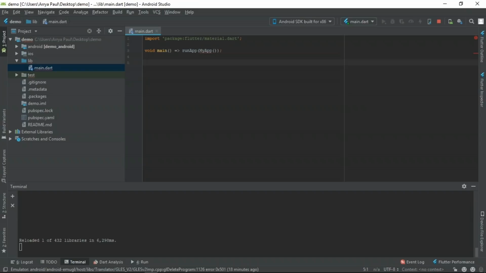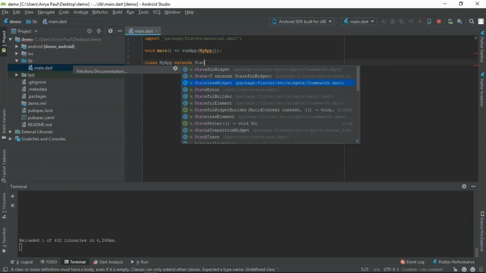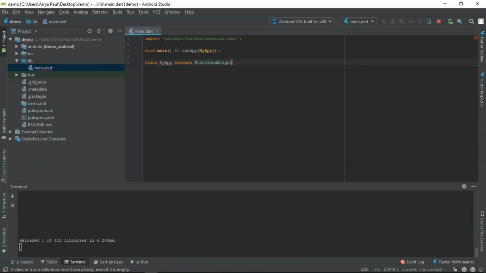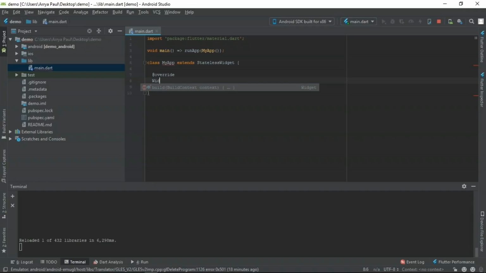Now all you have to say is class MyApp, spelled the same way as in the second line, and you make it extend something by saying extends, and you say StatelessWidget. So this is going to be a stateless widget, so we can select that. Now we open our parentheses, and we want to say something important. This will override every single widget that is built into this class. So the first widget that we are going to build is going to be with the build function, so we say Widget